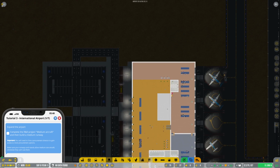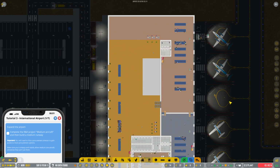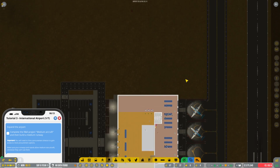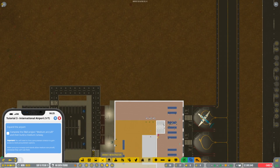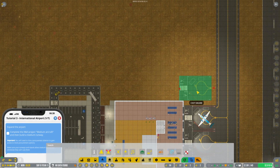I can also go ahead and grab us some more contracts for getting and add some more stands over here as well. That's something that I think we should do. I think we should add at least a few more stands over here. Let's do that. Let's check that out. If we go with some small stands over here,